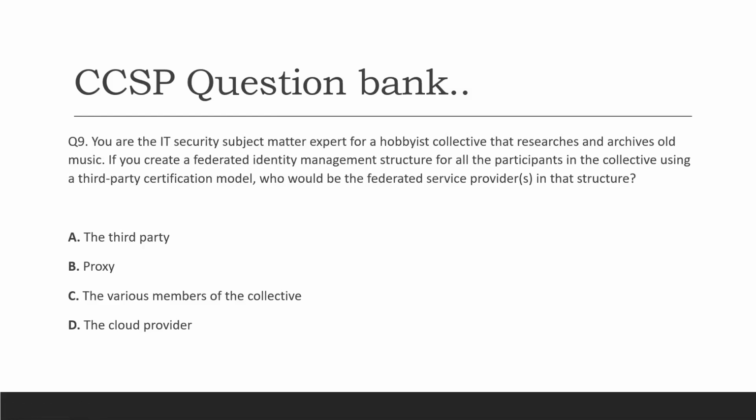और तुम्हारा कार्तिक और तुम्हारा अर्पित? It's B प्रॉक्सी। Proxy. ओके। तीनों का आंसर गलत है। रीजन क्या है कि ये प्रॉक्सी मॉडल है सबसे पहले तो, क्योंकि इसमें थर्ड पार्टी आपका ऑथेंटिकेशन कर रहा है। पर हमेशा पूछना चाहिए क्वेश्चन क्या पूछा। उसने पूछा कि सर्विस प्रोवाइडर्स कौन है। तो तुम लोग ही तो सर्विस प्रोवाइडर, द वेरियस मेंबर ऑफ द कलेक्टिव।